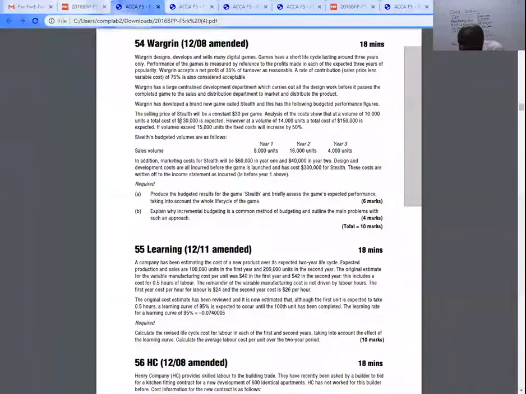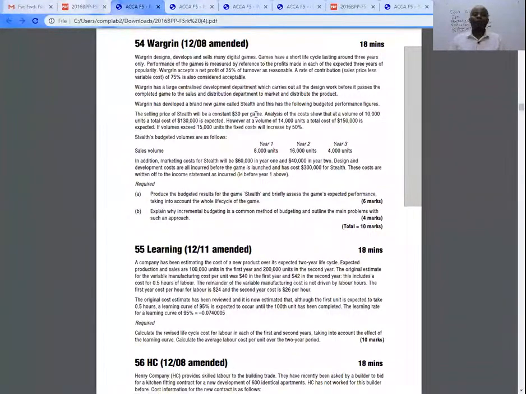However, at a volume of 14,000 units, total cost of 150,000 is expected. So he has given me two activity levels. Whenever he gives me two activity levels, what does he expect me to do? To use the high-low method to decompose the total cost into variable versus